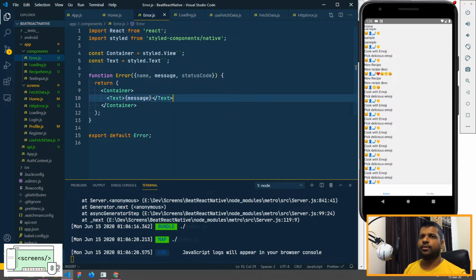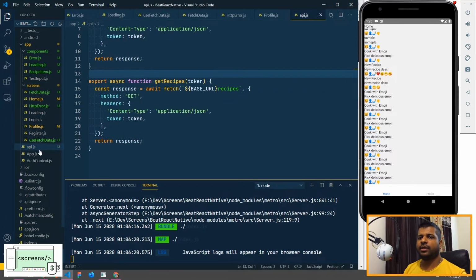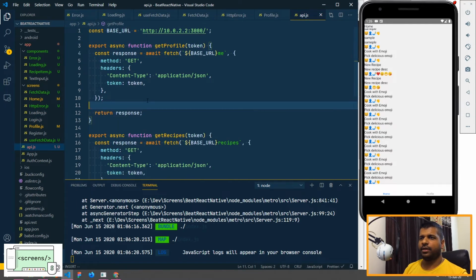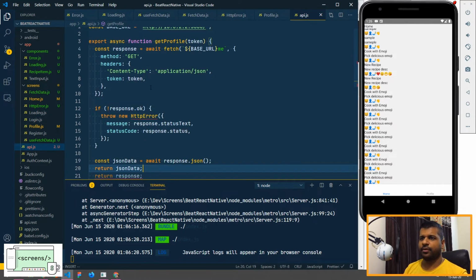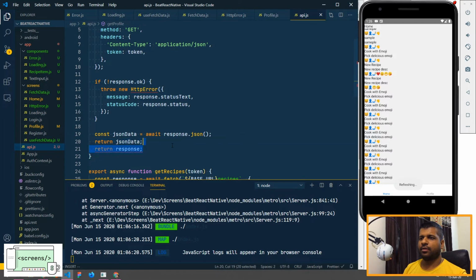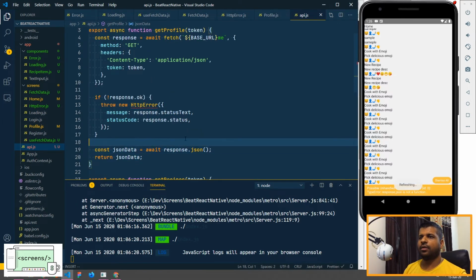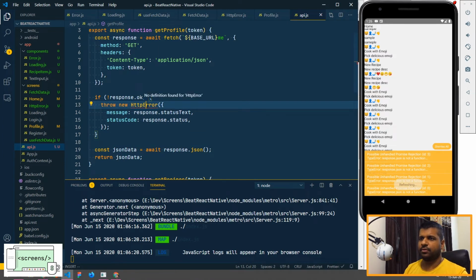Here we'll display the message. Cool. One more thing we need to change is in our api.js file, where we need to import this as well.